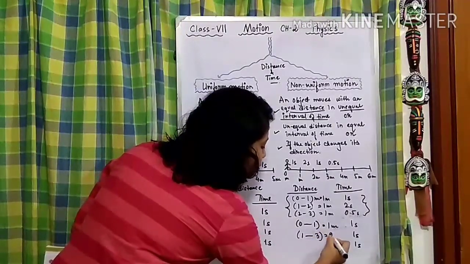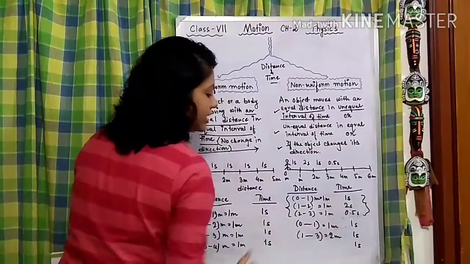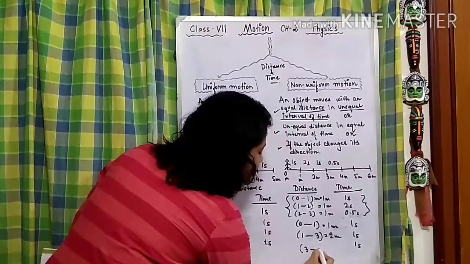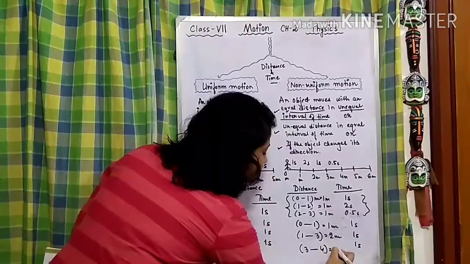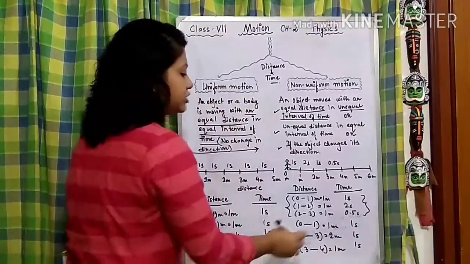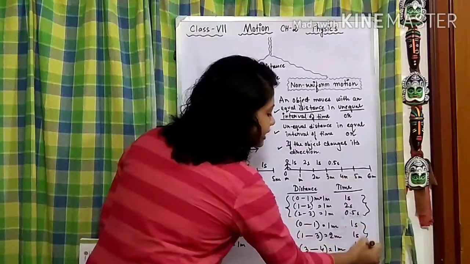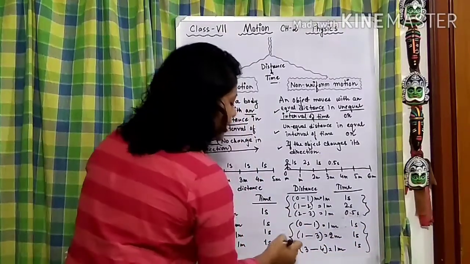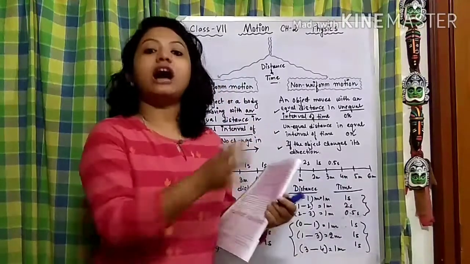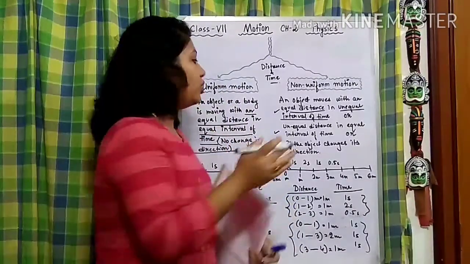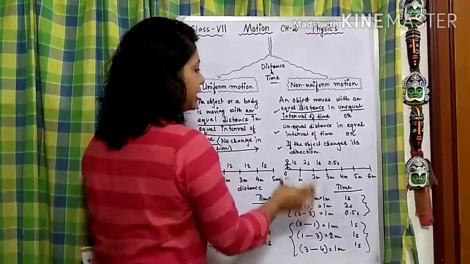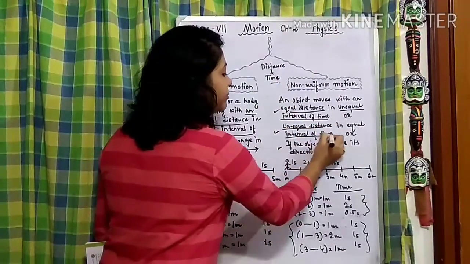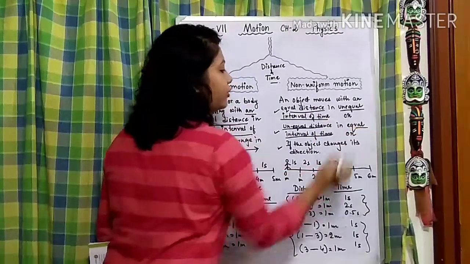So, 2 meters he traveled in 1 second. Once again, then from 3 meters, he traveled 4 meters. So, 1 meter once again. So, you can see that here the time interval was constant, but the motion or distance becomes variable and non-uniform. So from there we can understand that the distance is unequal while the interval of time becomes equal.